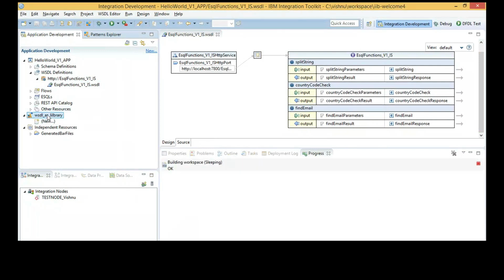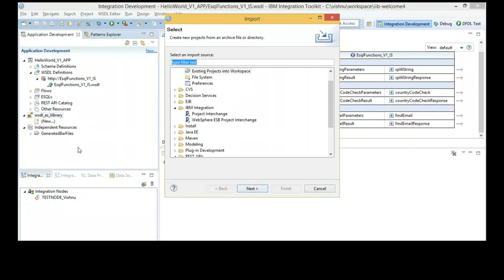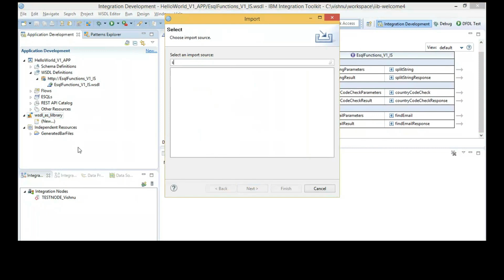Instead of every application holding a copy of the WSDL file, I will save that artifact into this library and we will reference it.